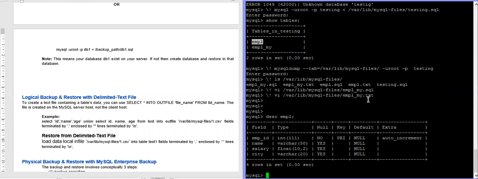Now I will see how we can generate a CSV file. Let's copy this command or select empid.